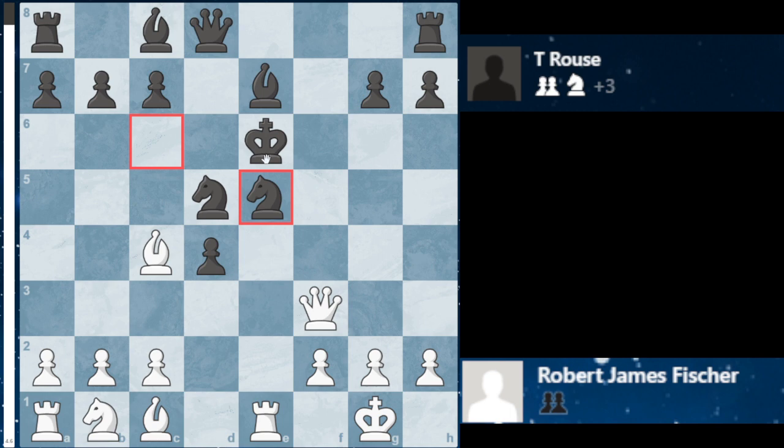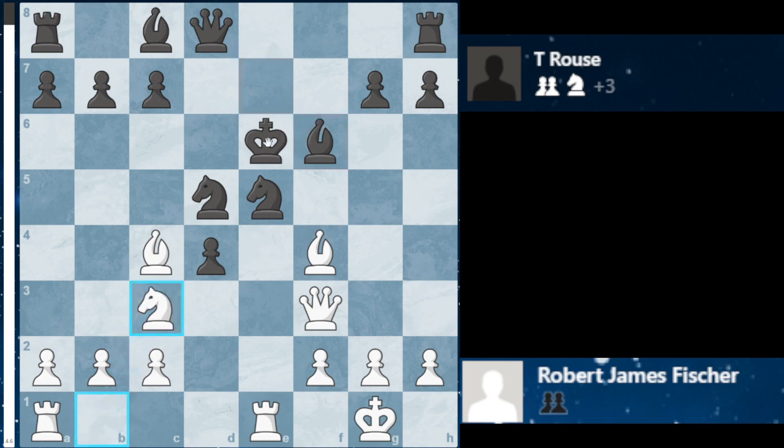But that is just an illusion, because these pinned knights are very bad for black, and Bobby Fischer immediately takes advantage of this with bishop f4, putting pressure on this pinned e5 knight. And this knight can't take because of the pin on the king. So in bishop f6, defending the e5 knight, but knight c3,